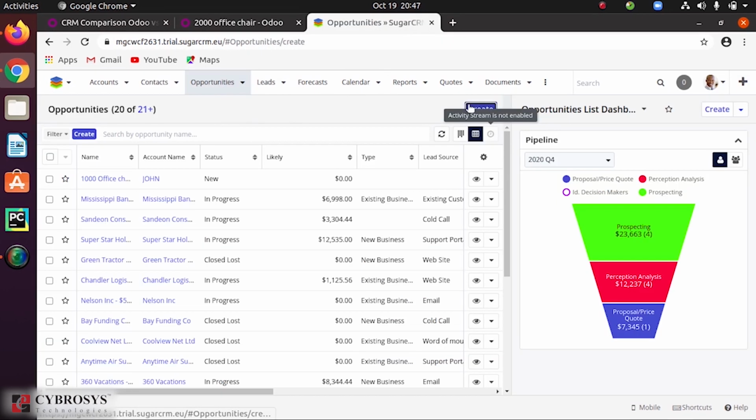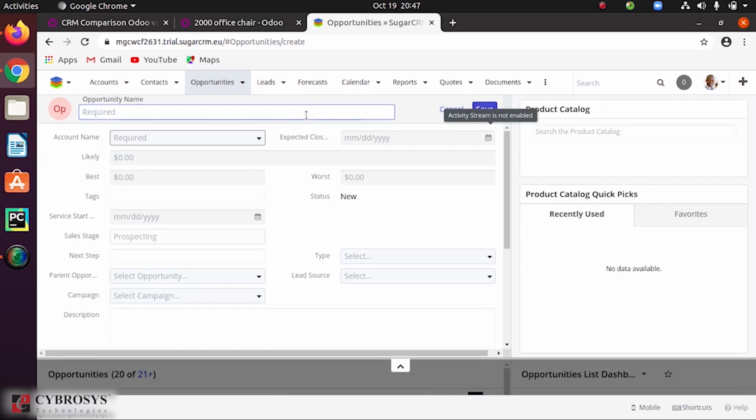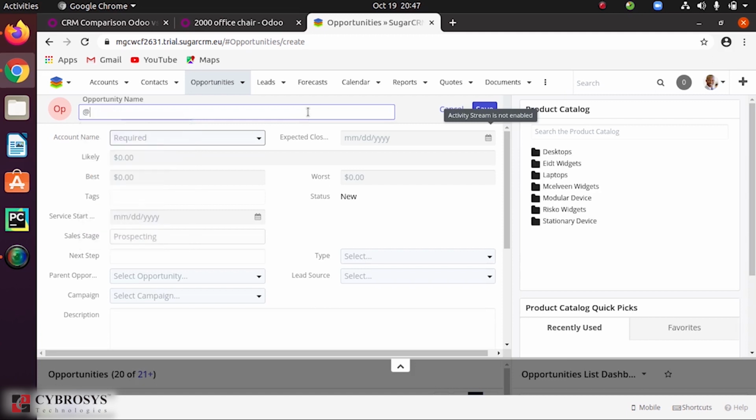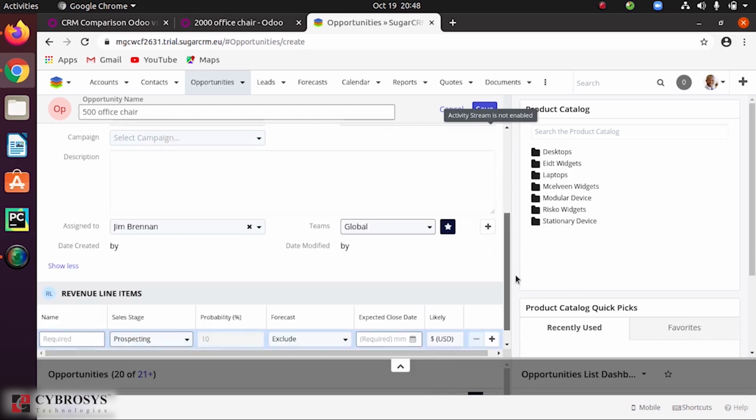Let's create the opportunity from here. So in case of opportunity, you have the option to provide the opportunity name. So obviously we have created them, as we have seen. In case of the lead itself, from Sugar CRM we have created that, but I think it was not created, otherwise it should have shown in the opportunity itself. So here you can mention the account name, and as I mentioned earlier, you will not have the access to provide the details over here.